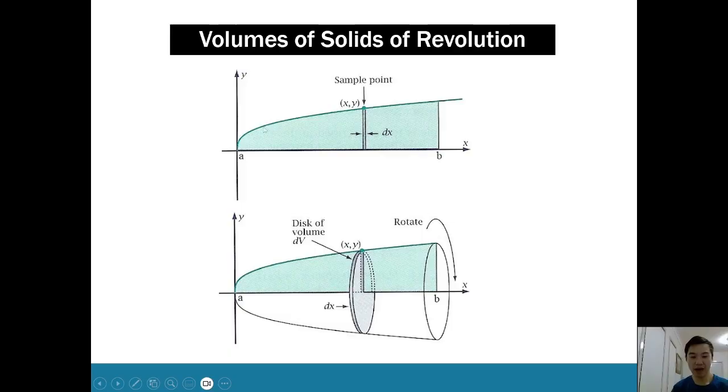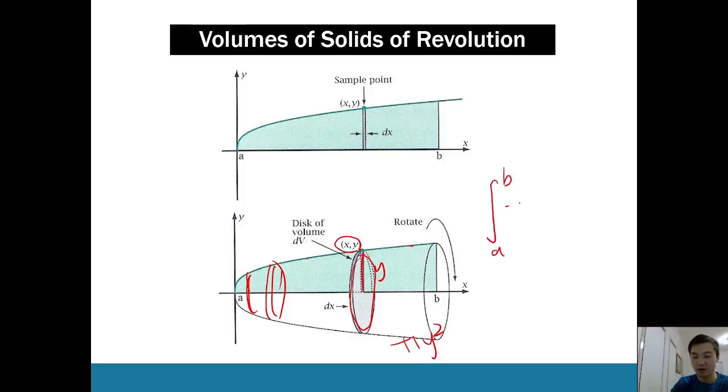So for example, if you have this area here that you're rotating around the x-axis, when we slice, the radius of the slice that you get is going to be the y value of that coordinate. No matter where you move along the function, the radius of that slice is going to be y. Therefore, the area of the circle is going to be pi y squared. And when we sum up all the discs from a to b, we get an integral from a to b of pi y squared